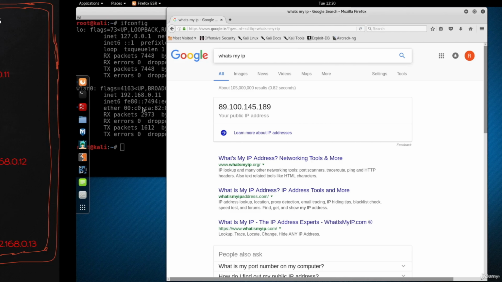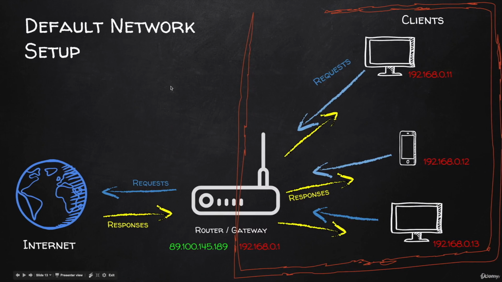Again, that's because they all use the same router. They're all connected to the same network. So we're going to use this IP in our backdoor. We're going to send the backdoor to a person that exists on the internet, so exists in here. That person is going to run that backdoor, and that backdoor is going to use a reverse connection. So it's going to try to connect back to the router on port 8080, for example, if we chose that